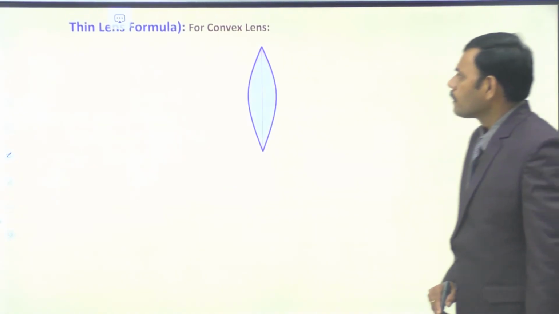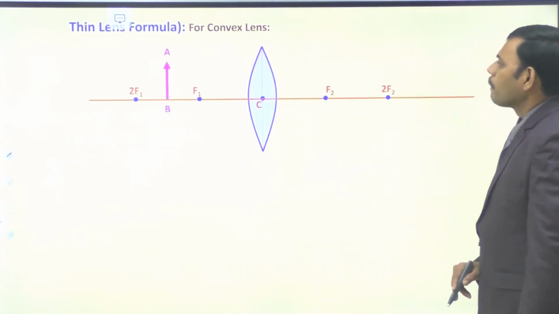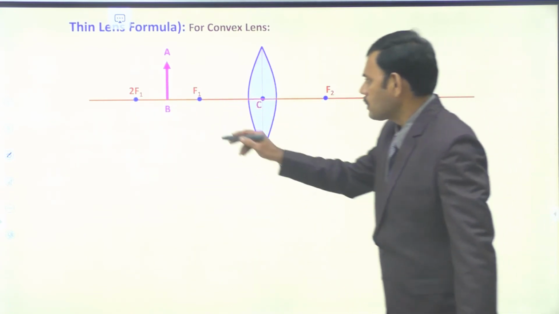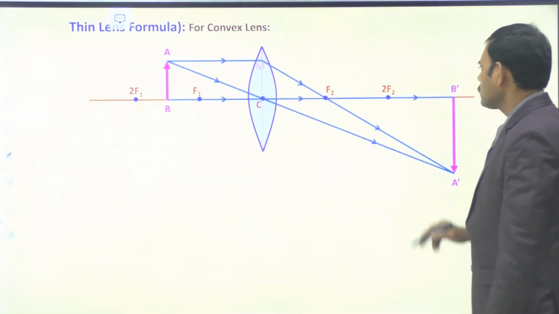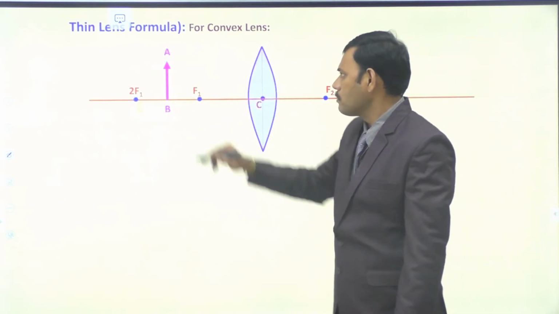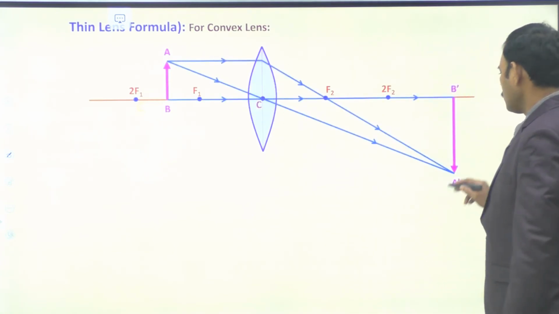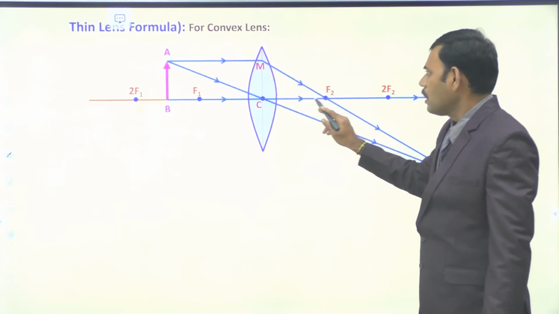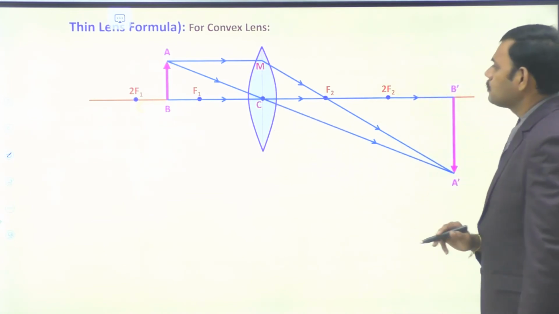So here is the Lens formula for a convex lens. Let us consider an object kept between the focus f1 and the center of curvature. If this is the focus and this is the center of curvature, the object moves like this and it forms the image. So look into the image. This is the object of certain dimension BA, and we consider two light rays traveling through the lens and intersecting. Any parallel light ray must pass through the focus, and a light ray passing through the optic center moves without any deviation. These are the two principles.